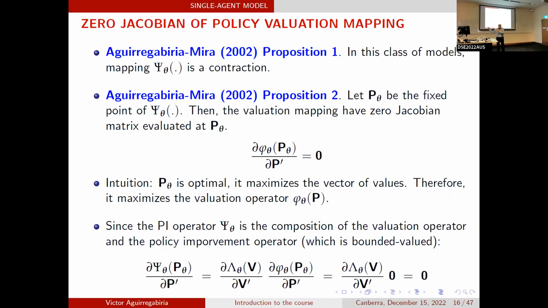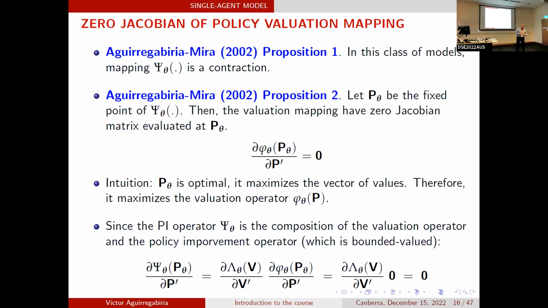Then this zero Jacobian property says that at the optimal, we cannot change the choice probabilities of any choice alternative at any state such that we can improve the values. We are at the optimal. It's impossible to increase a little bit the probability of replacement in some states and reduce it in others and increase the values. We are maximizing the value at every possible state with the optimal choice probabilities. Then the derivative of the valuation operator with respect to P, this large Jacobian matrix, at a fixed point